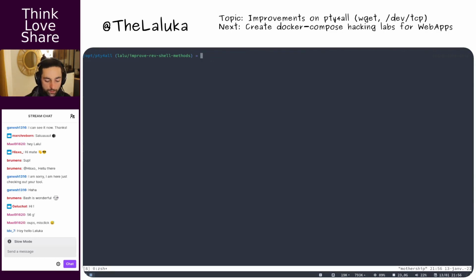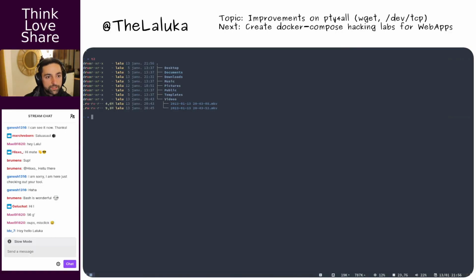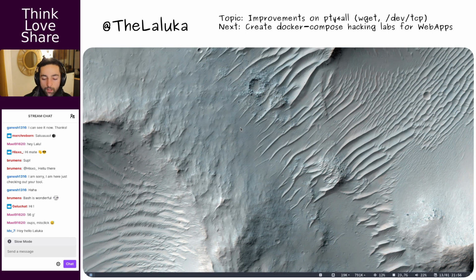Get rid of this one, git checkout master, git pull, just to have my tools up to date. Cool. And we are good with this part, it's clean. Right, so what's the next